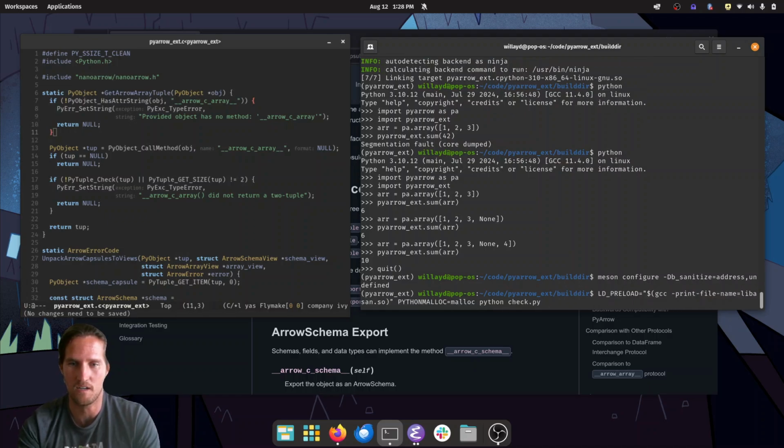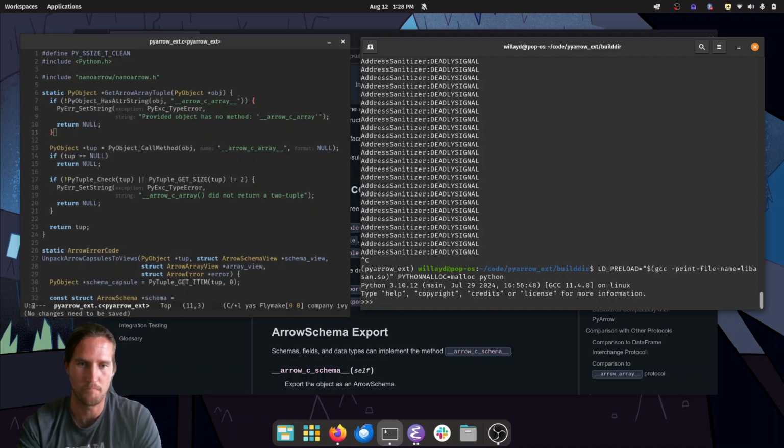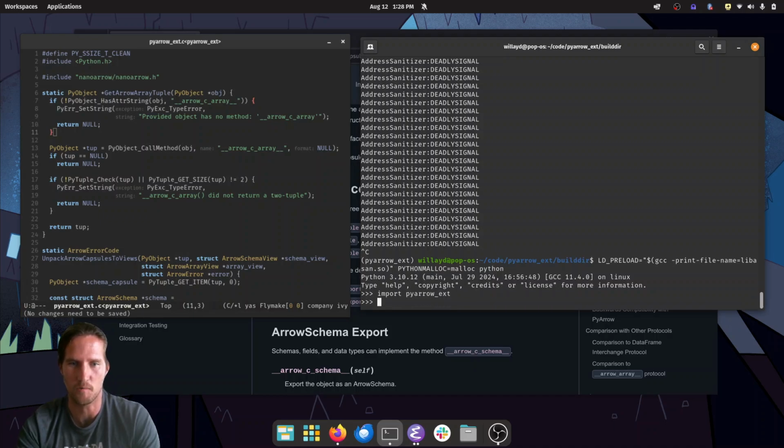What you could do here is, this is quite a lengthy command, but if you have ASAN on your system, that's part of LD_PRELOAD, and if you use malloc for Python malloc, depending on your Python version, you can actually get ASAN or UBSAN to work. Now, each Python version is a little tricky. Sometimes they don't work that well, but we'll try it here and see how far we can get. And sometimes you get weird issues like that. So let's just try this again. I guess we don't even need to import PyArrow. We could just do pyarrow